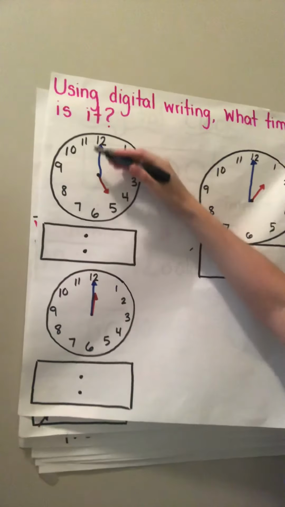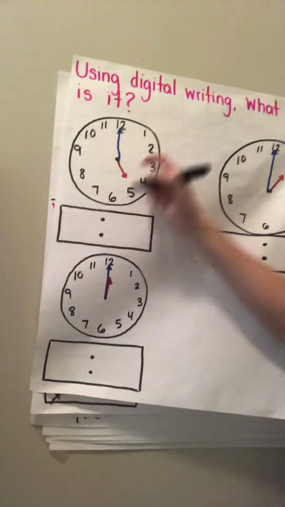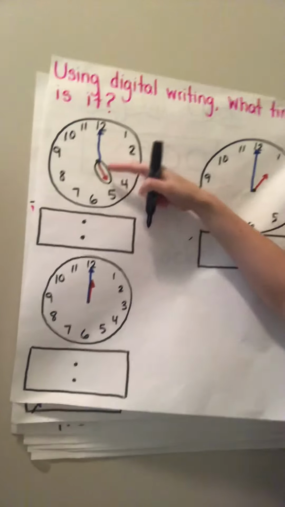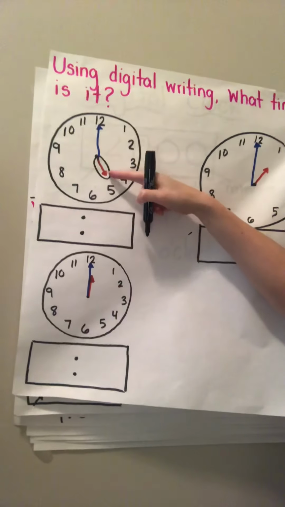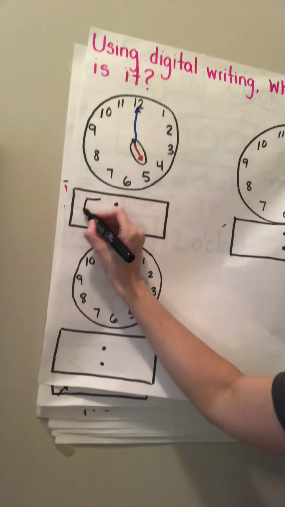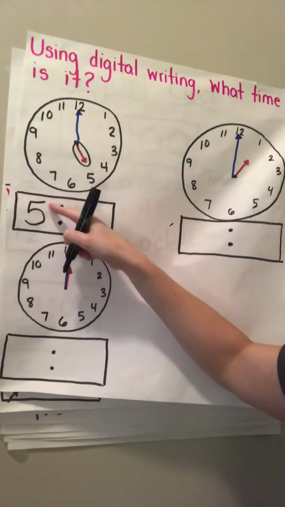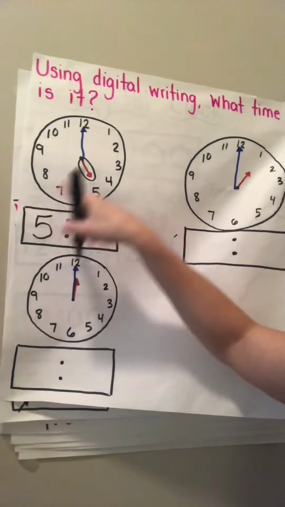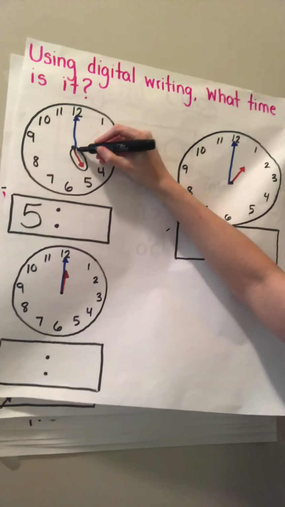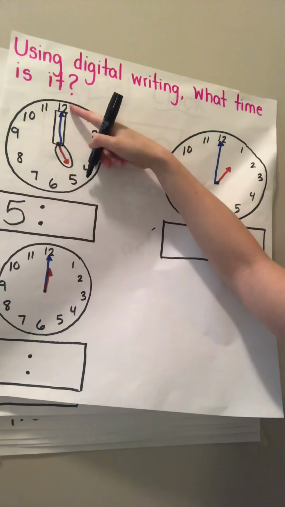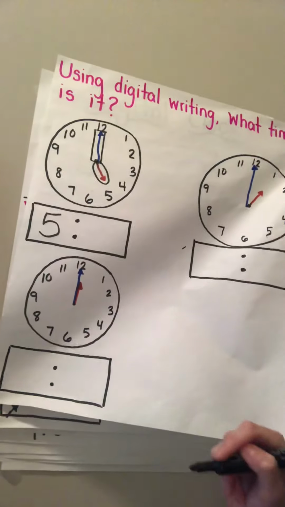So our first one, remember when we're talking about our time, we always start with our shorthand or the hour hand. So I'm going to look and see my hour hand is pointing to the 5, so my hour is 5. So remember our hour hand number goes on this side of the dots. Now I need to figure out my minute, so now I'm going to look at my minute. My minute hand is all the way at the 12,